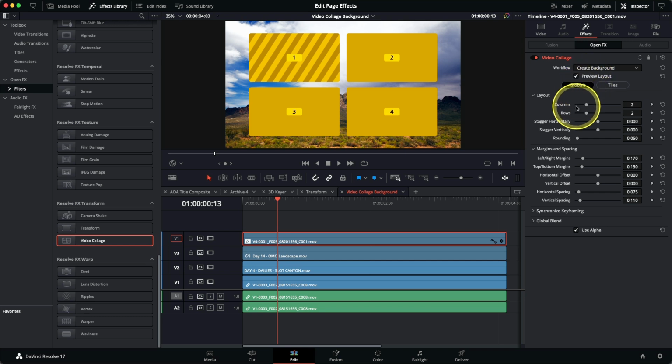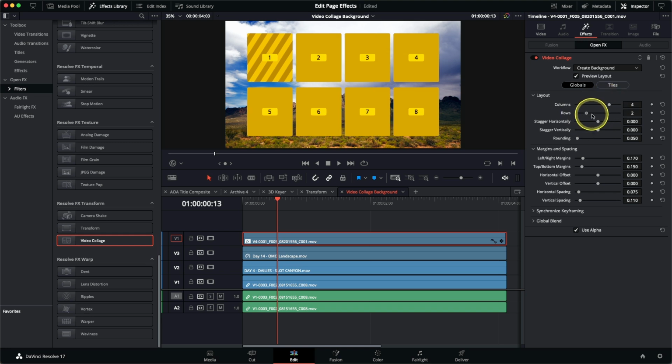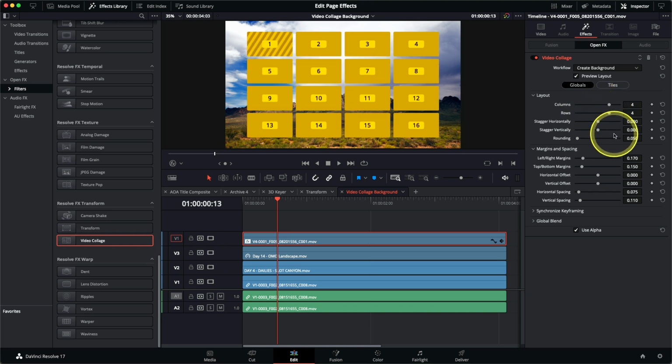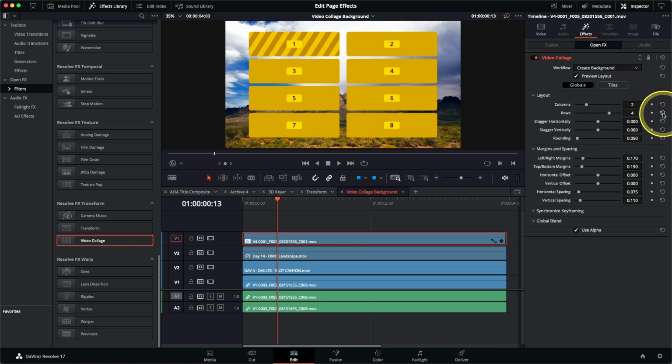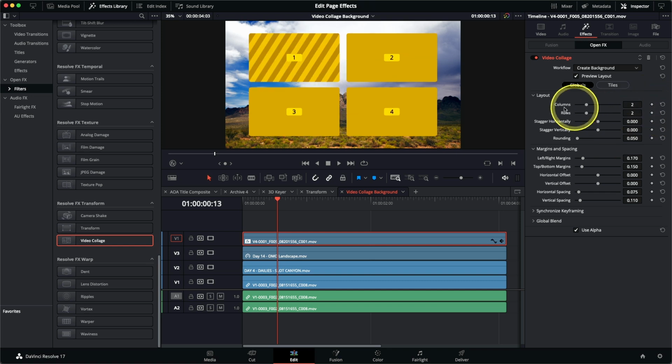You can change the number of columns and rows by using the sliders. So for example, if I wanted many images here, I could actually change the columns and rows to the appropriate number. I only need 2 columns and 2 rows. However, I actually want to remove this tile number 4. I don't need it. And I actually want tile number 2 to actually be larger and take up the position